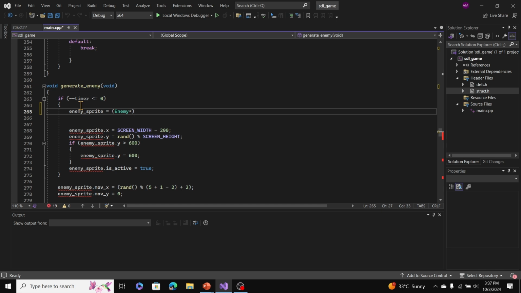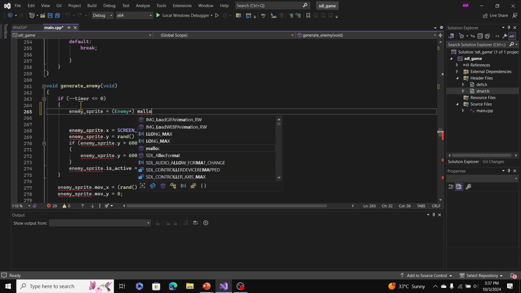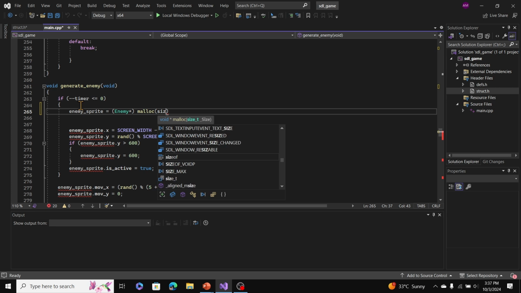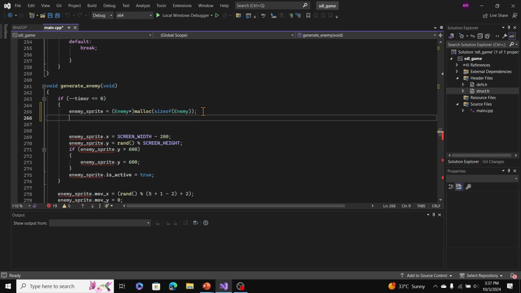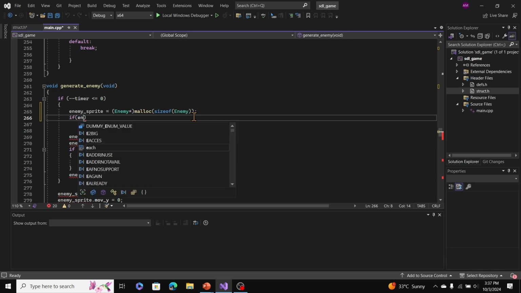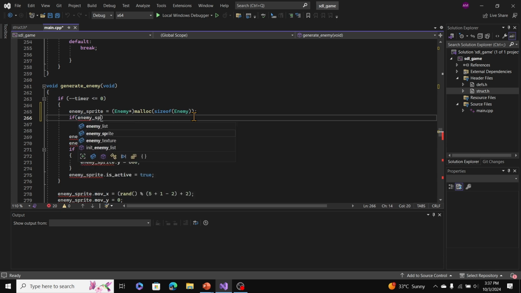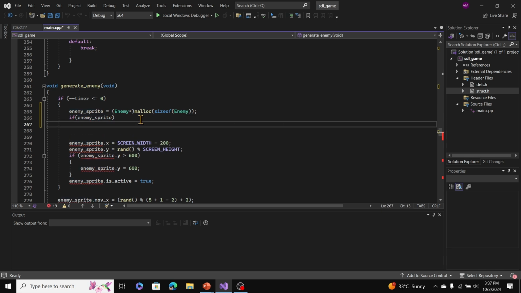Now we're going to call the malloc function, size of enemy. We need to check if memory was allocated correctly, and that will be if enemy sprite is not a null, then